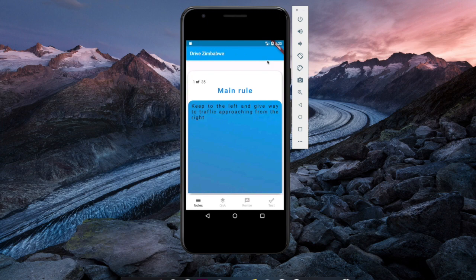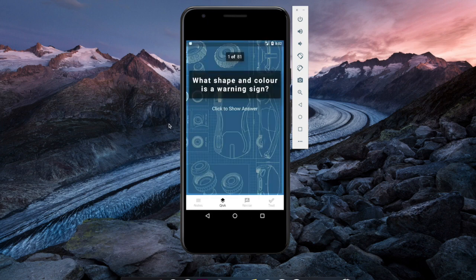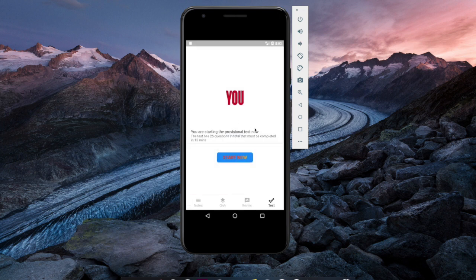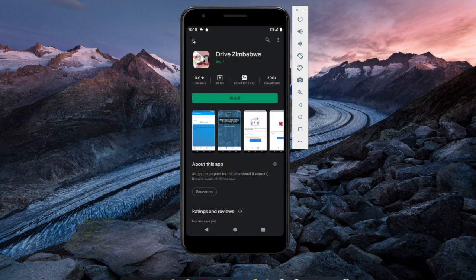That's just my thoughts. But I think it's a really cool app, because if people can actually learn how to pass their provisional license, then why not have an app for that? We're in the 21st century, so we might as well just use our mobile apps when it comes to certain information. But let me know, guys, in the comments if you have this application, or if you had no idea what it was. So yeah.